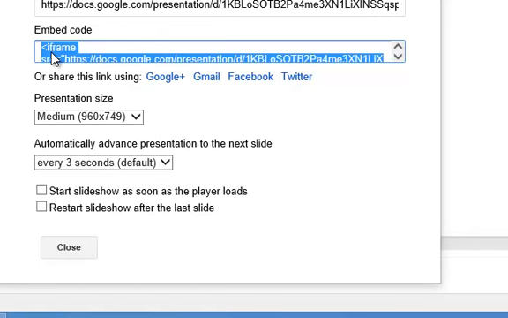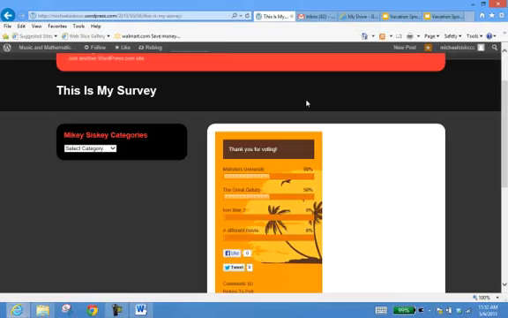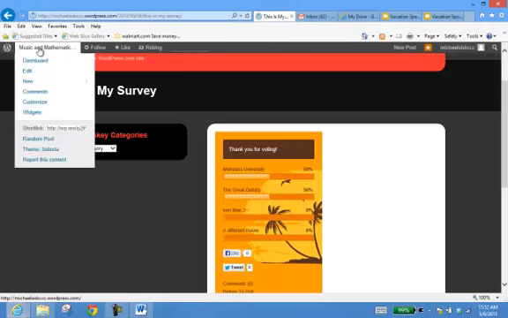Select all of that code and basically copy it. It should copy it automatically, but if you want to feel secure, you can right click and choose copy, and then close that particular dialog box. I'm now returning to my WordPress site, and I'll go inside the dashboard,